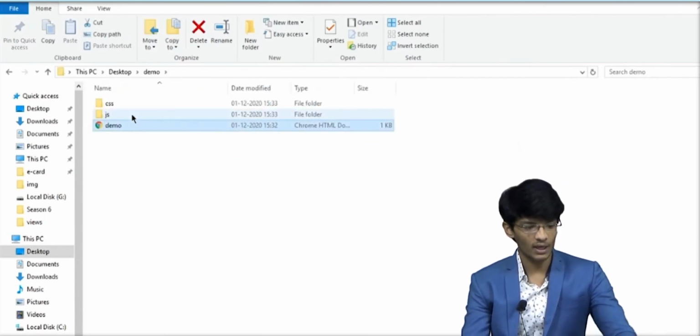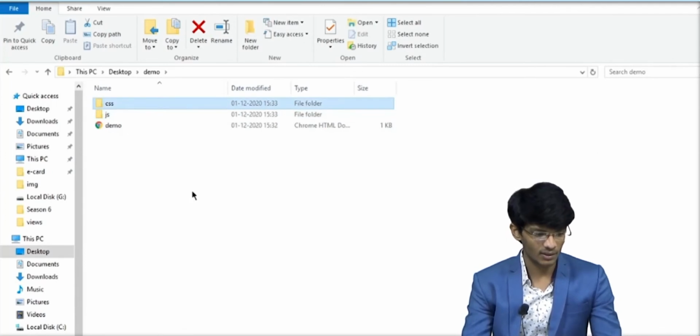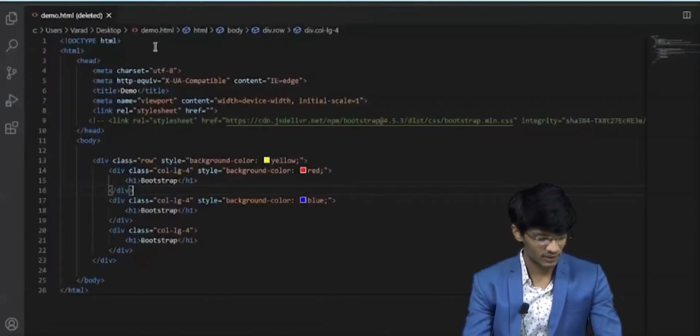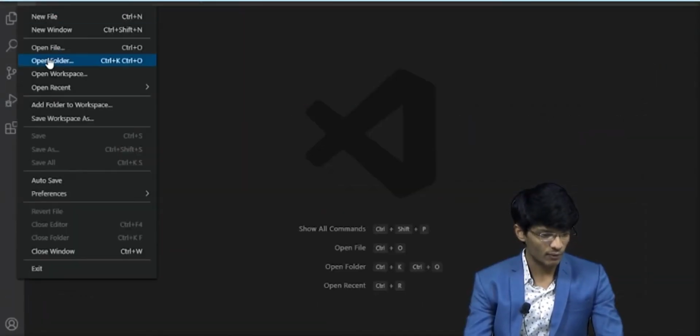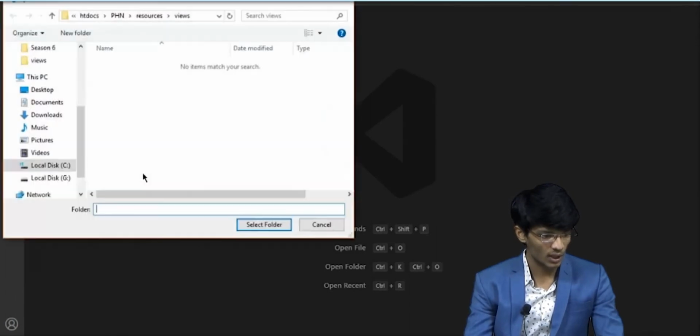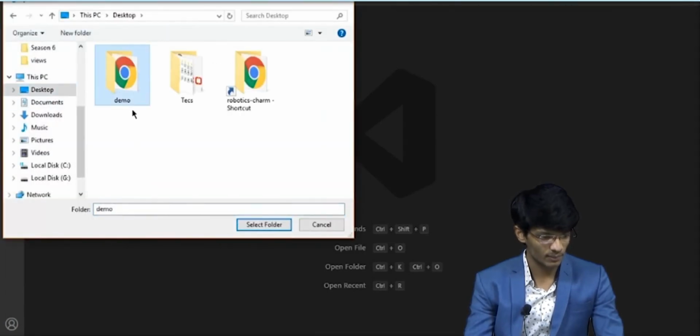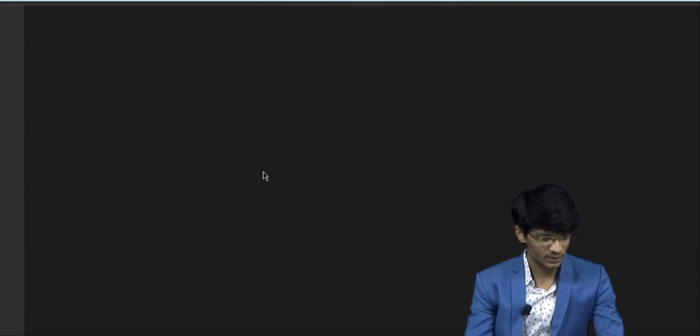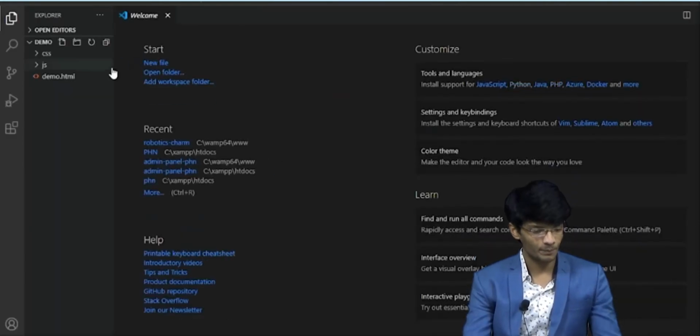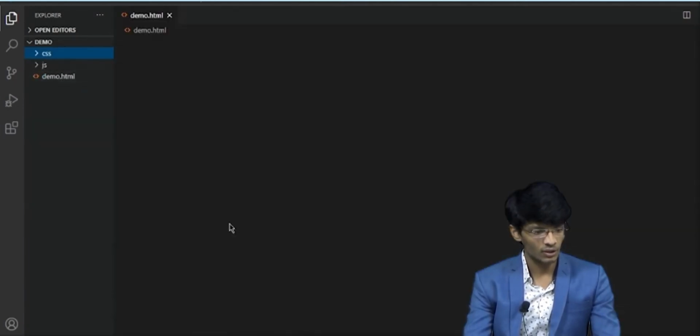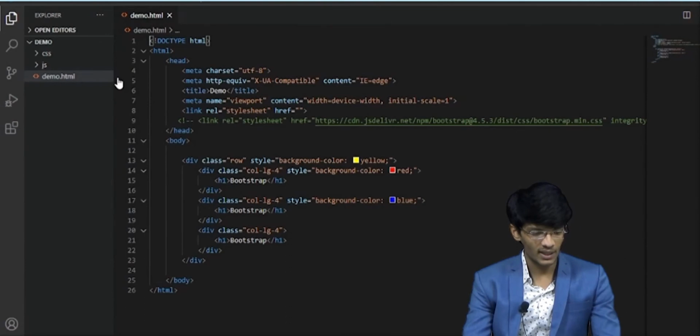So we got a demo HTML page, a JS folder and our CSS folder. Now we have to open this folder again. It's on the desktop, select folder. Now you can see we've got demo.html, the JS folder and the CSS folder.